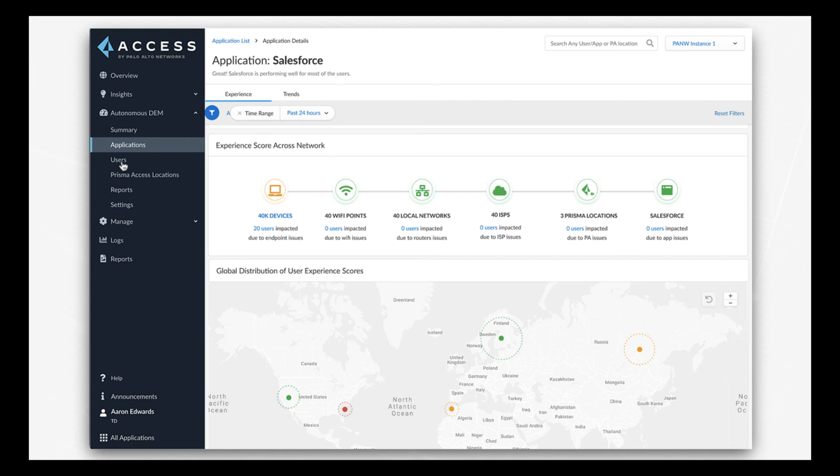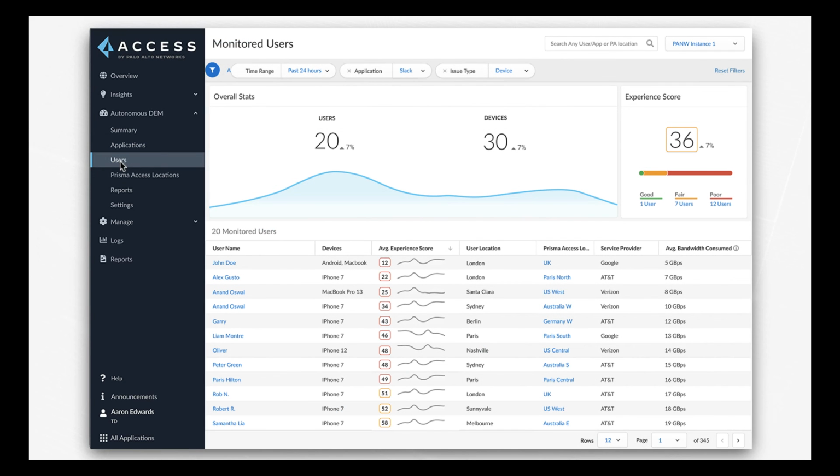Another common help desk scenario is when a user calls in experiencing general issues and performance problems. ADEM also provides a user-centric view of performance on the network. In this page, admins can get a summary view, all of the user experience in the network and how experience is trending, and also what performance are on a per user level.